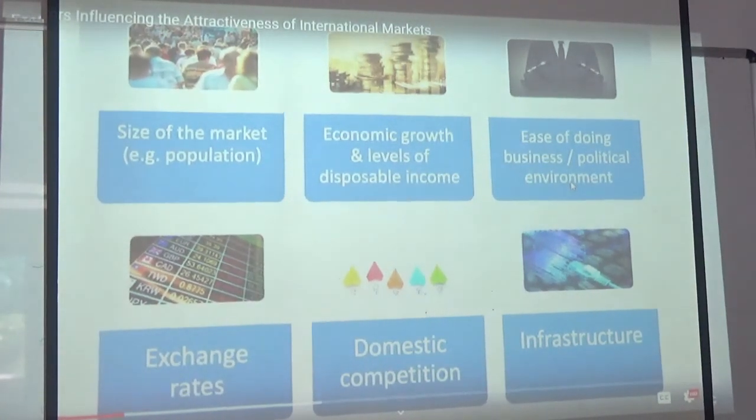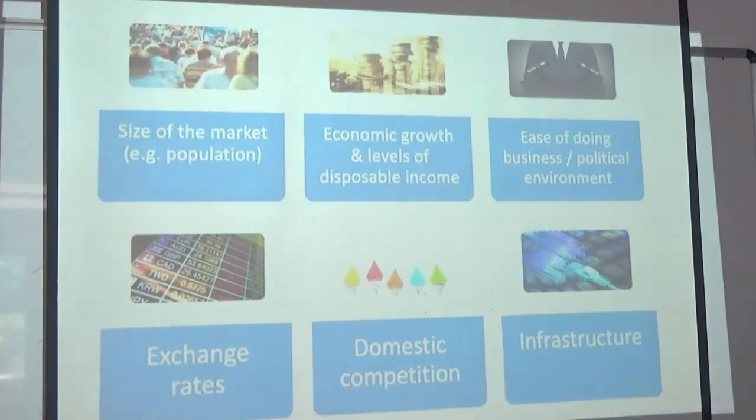Just exporting. And there's always going to be some positive and some negative factors that need to be analysed and weighed up before the decision is made. Let's just work through the 6 factors listed on the slide here, starting with the one top left there, the size of the market and the growth of the market. Now, this is always going to be one of the most important factors.